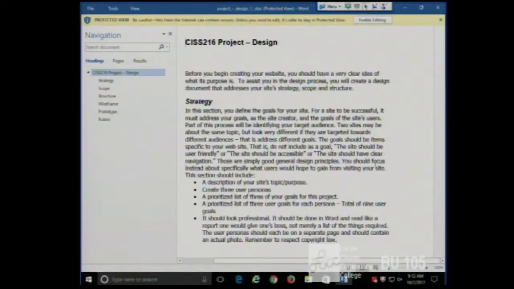So that's a short paragraph. So this is a paragraph that describes the purpose of the site. The more specific you can be, the better off you're probably going to be. For example, if I talked about,